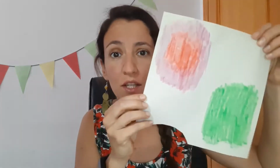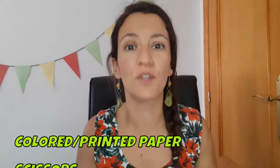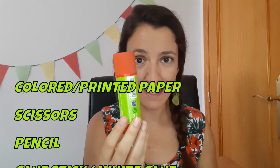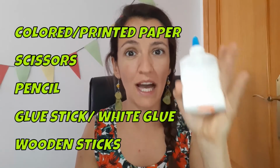What do you need to make these beautiful flowers today? Some color paper. Okay, I have these color papers or these printed papers. They are so beautiful. Or even these scraps of paper that I have from other crafts I made before. If you don't have color papers, don't worry. You can decorate your paper with your wax crayons or watercolors or whatever you have in your house. Scissors, pencil, glue stick, and white glue,